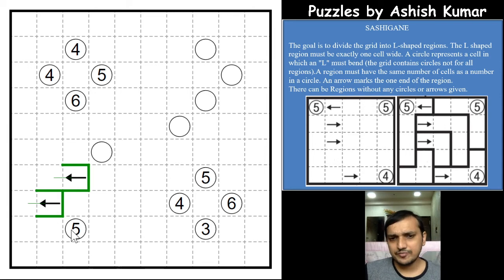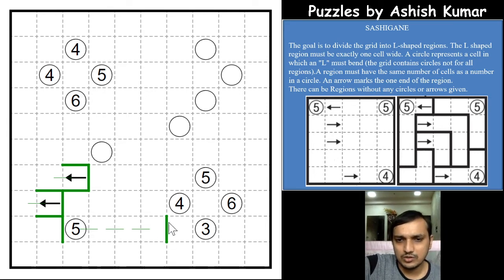A small trick here, if you see this 5, if we stop a cell connecting to this both cell connecting to form a region, you cannot have 5 cells to form an L shape now. You have maximum of 4 cells only, 1 2 3 4 or 1 2 3 4. So it means that this is an L, and we can stop here. Now we know that either this cell or this cell will be part of the 5, so only one of these two cells will be part of the 5, and other 4 cells has to extend this way. So we form a closed loop here, close here, we close this here.